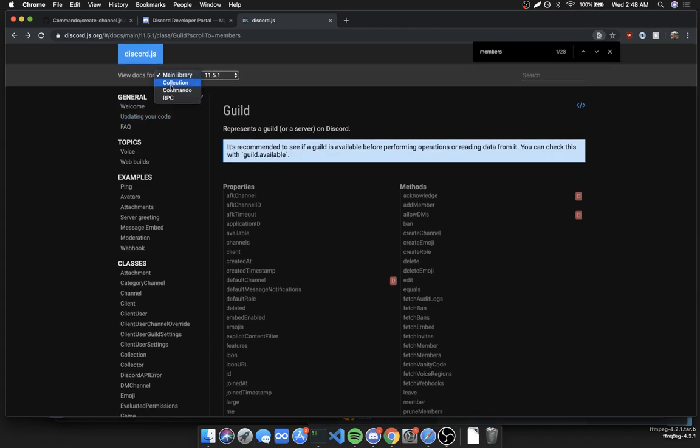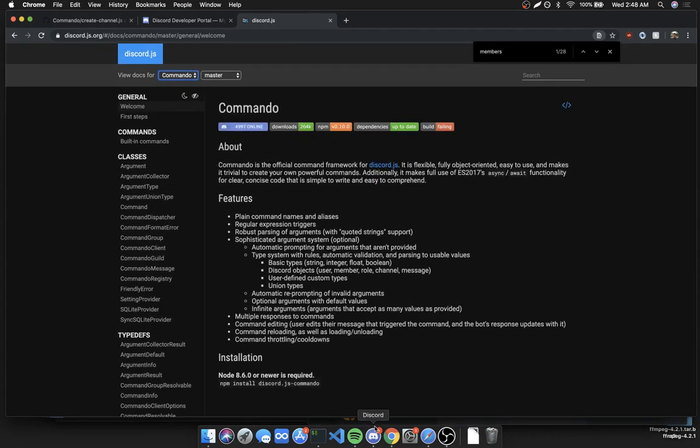So today I'm going to show you guys how to use the Commando framework, which is going to be useful for handling your commands, because in the past videos I've always used the message event to handle all of our commands. I mean, it works, but there are a lot of things that can be done much easier by using the Commando framework. And it's much more recommended to use this framework because it allows you to keep all your code